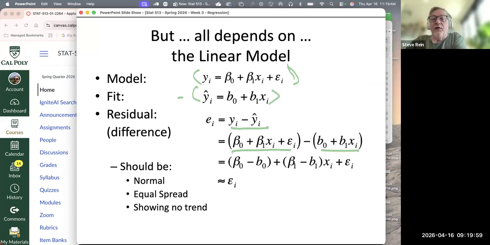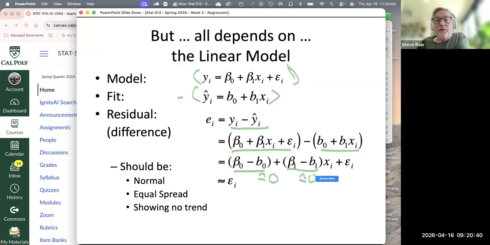And if I now collect like terms, things with x's all together, things with epsilons all together, and things with neither an x nor an epsilon together, we have beta 0 minus b0, and that should be close to 0, because if our data set is largish in size, our sample intercept should be close to the population intercept. Okay. Furthermore, our sample slope and our actual slope should be close together. And let's make sure I can underline them together. That should also be approximately 0.